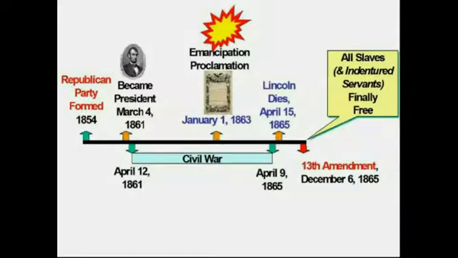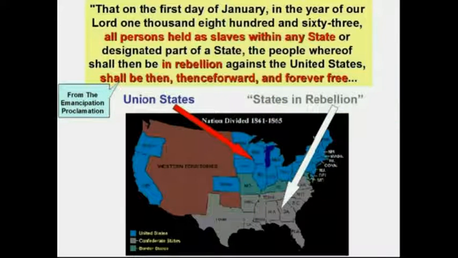Now, let's take a look at the Emancipation Proclamation itself. Earlier, I mentioned that it did not and could not free the slaves. Here's why. The Emancipation Proclamation ordered that all slaves held in the states in rebellion be set free. As seen in gray on the map, those were the Confederate states, or the South. It said nothing about slaves that were held in the North. The Union states, as seen as blue on the map, remained with slaves. Therefore, the slaves held in the North would remain slaves, Emancipation Proclamation or not.